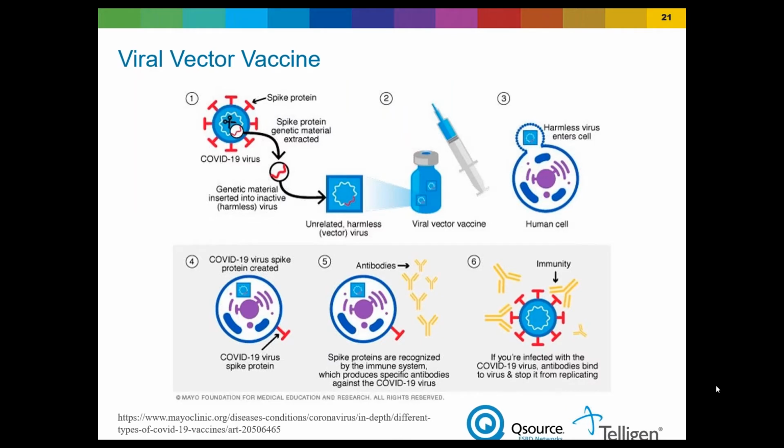Sorry about that. So in contrast, the second common vaccine available in the United States is using a different technique called virus vector vaccine. Instead of the messenger RNA, this message is transferred to the body using an unrelated, harmless or inactivated vector virus, commonly used as the adenovirus. And the vaccine contains this inactivated virus with this message again, so that the body can make the antibody again to fight the infection. So similar technique, but through a different mechanism. Next slide, please.